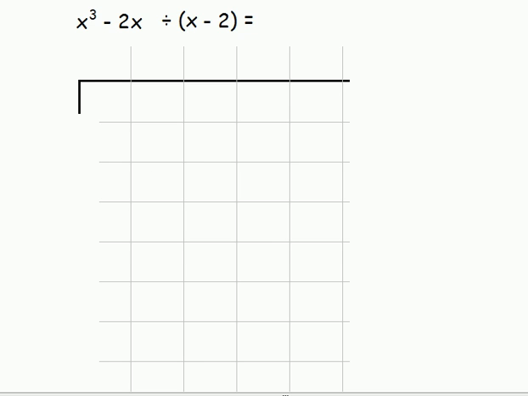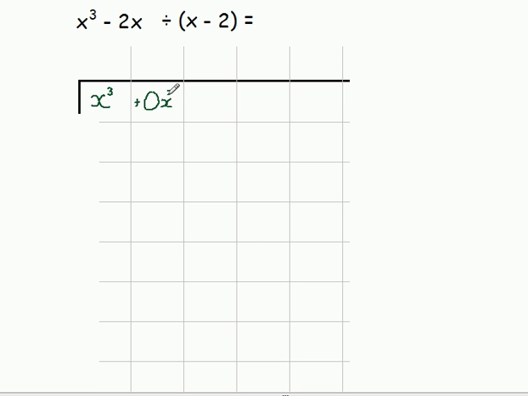Right, so here's the example where we've got an x cubed and no x squared term. It's the one from the image before. What I'm going to do is write the highest power of x in the first column. Now I need to have an x squared, an x to the power of 1, and a constant. So I don't have an x squared in here, so I'm simply going to write plus no lots of